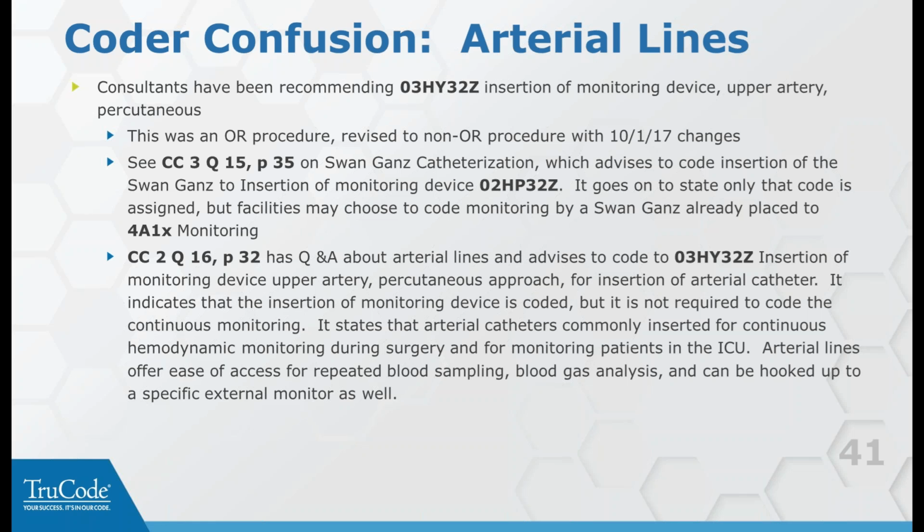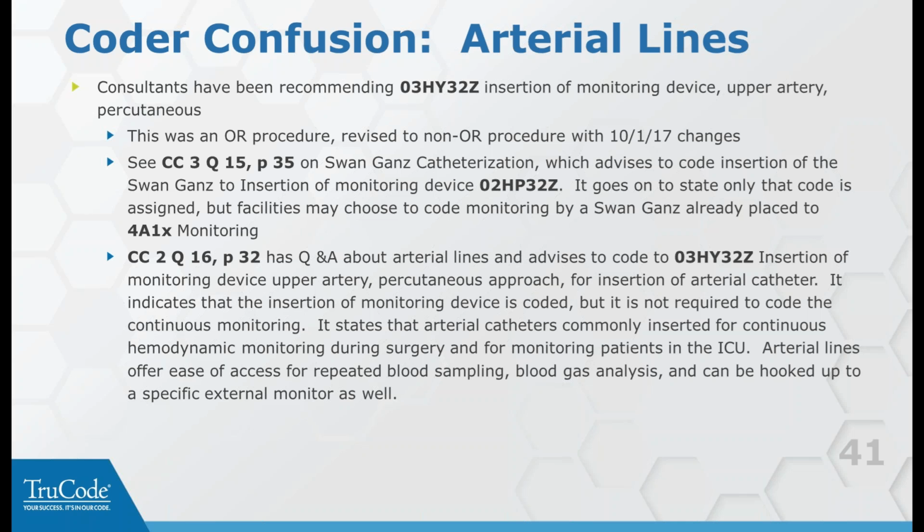Second quarter 16, page 32, talked about arterial lines and coding to insertion of a monitoring device of the upper artery, percutaneous approach, for arterial catheters. It indicates that you code the insertion of the device, but you don't have to code the continuous monitoring. And this is when they're done for continuous hemodynamic monitoring during surgery, in ICU, doing repeated blood sampling, blood gas